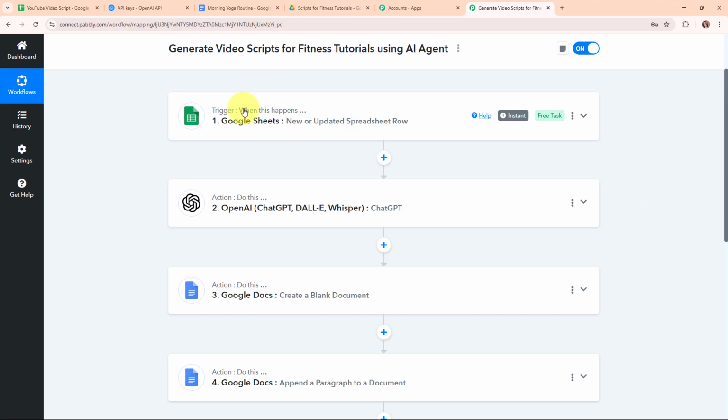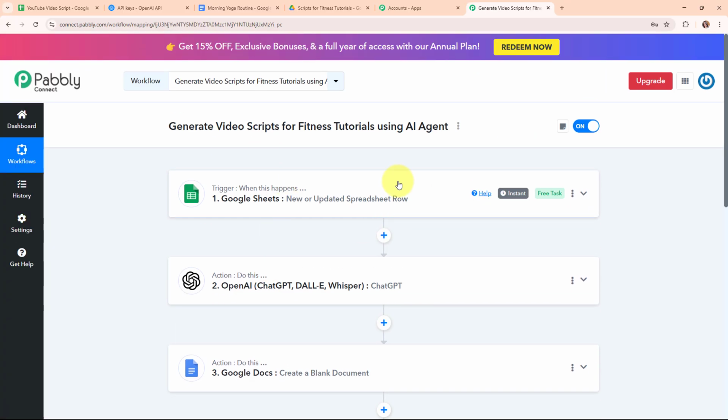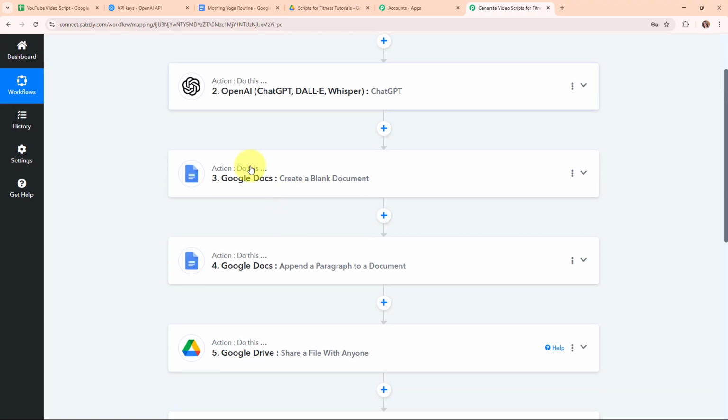So here we have taken a trigger as Google Sheets and action as OpenAI, Google Docs twice and Google Drive twice. So that whenever we receive new details of our YouTube video from our Google Sheets, then automatically using the details, OpenAI is going to generate the YouTube video script for our tutorials, and after generating the script, automatically a new blank document is going to be created in our Google Docs, and after that automatically the script generated is going to be added in that particular document created,